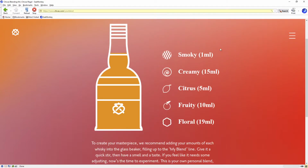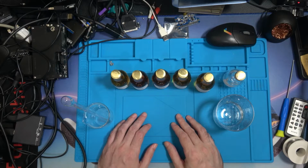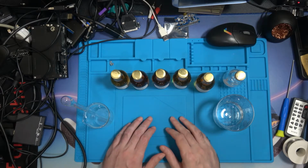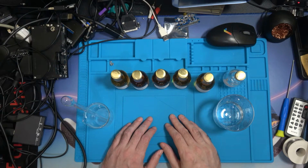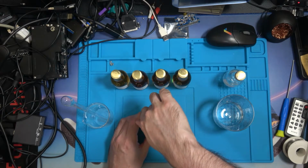So let's get on with the actual mixing, or blending I should say. Okay, so I've selected what I think I might like. Who knows if it is actually what it is. So let's mess around and actually build this up now. So it starts off with the smoky one,